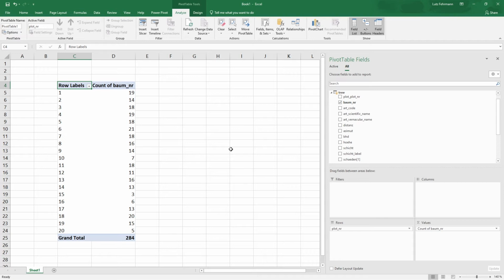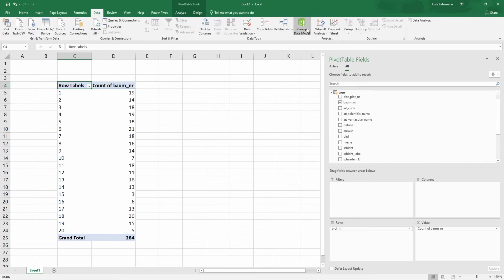Therefore, I need to do some calculations on the level of single trees. First of all, I need to know the expansion factor of each single tree. And secondly, I need to calculate the basal area of each single tree. But where to do calculations if there are no data in my table? We can do these calculations directly in the data model.